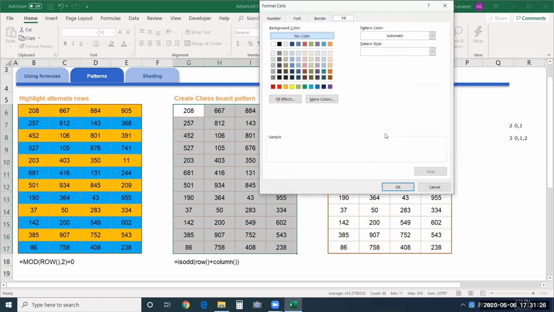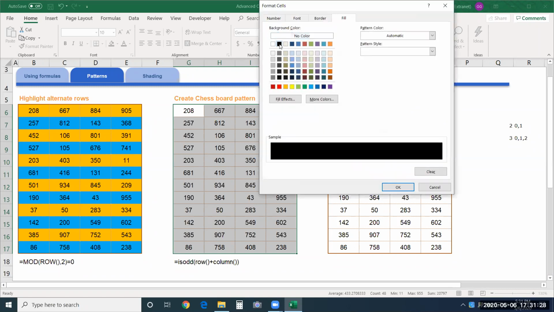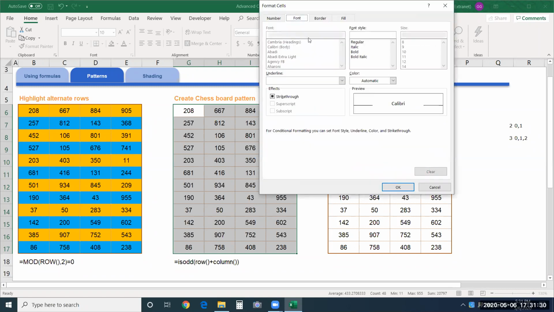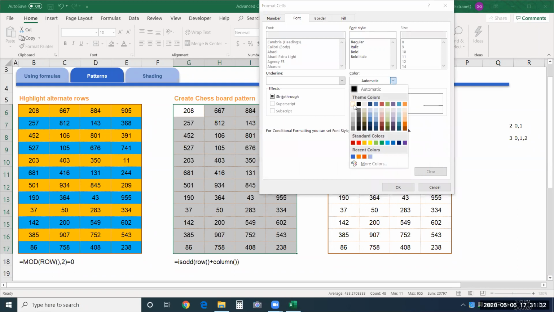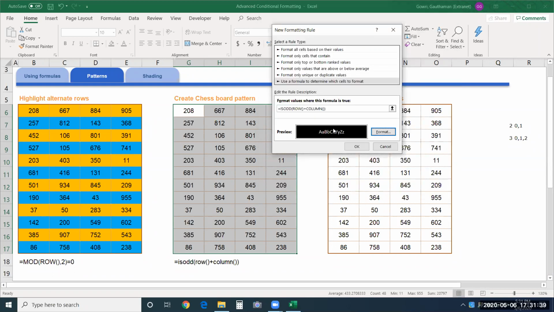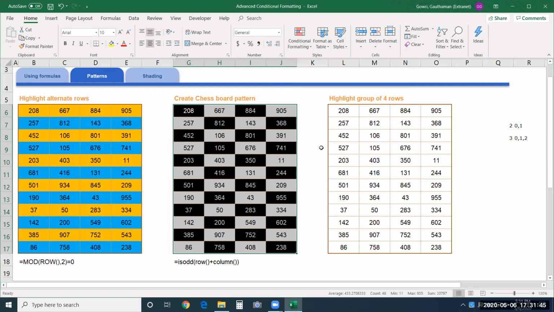So next, I want to format it like this. So with the black color, font should be white color. I'll choose this. Just say okay. See, I want the cell to look like this. I'm getting the preview. I want to see the cell in that manner. So I'll get the chessboard pattern.